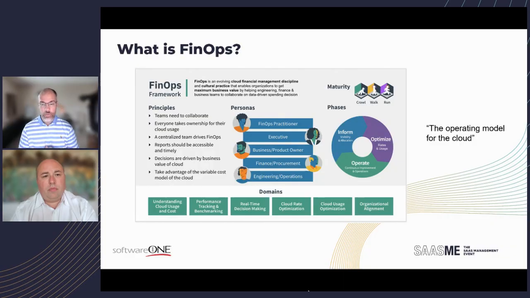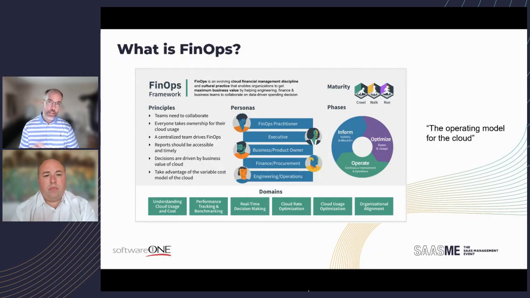What you're seeing here on the screen is what the FinOps Foundation calls the poster. I'm not going to go into every detail of this poster, but there are a few important things on here that relate to how we're going to walk through this presentation today. The principles are the 6 core principles of the FinOps framework. And as I said earlier, this is very quickly becoming the industry standard. The principles are what we're going to focus on. So let me skip ahead to personas.